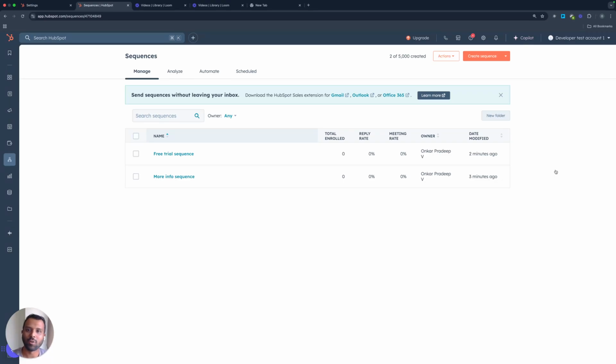So I recently came across this interesting use case while working with a client. They offer a free trial service to their users. A user just needs to fill in the free trial form, and then he would be enrolled into a sequence wherein he would be guided on how to subscribe for that particular free trial. And they also have a more info form wherein if someone wants to gather more information about their product, they